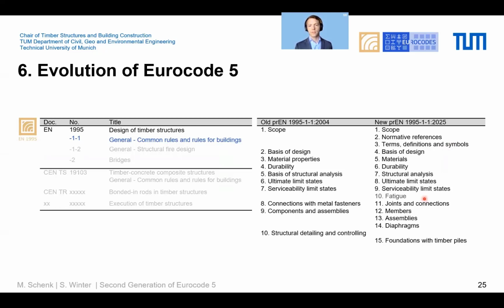To further improve the clarity of the document, the key clauses, basis of design, structural analysis, ultimate limit states, joints and connections were restructured. Design rules for compression perpendicular to the grain, stability and bracing, and racking resistance have been revised. Additionally, the design rules for laminated veneer lumber, floor vibrations, and connections have been extended. As new content, the materials cross-laminated timber and multi-layered solid wood panels, as well as glued laminated veneer lumber, will be implemented in Clause 5. Design provisions for holes in beams will be added to Clause 8, so Clause 5 and Clause 8.